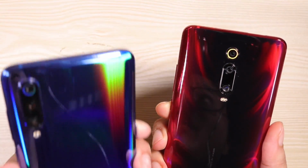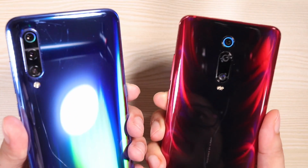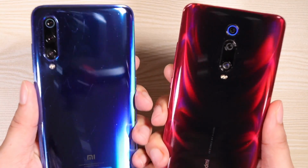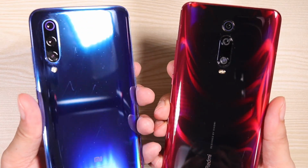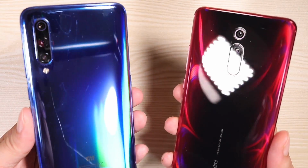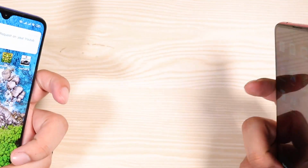Today we're going to be comparing the Xiaomi Mi 9 to the Redmi K20 Pro. Yes, flagship to flagship. The pricing on these phones are pretty close, and a lot of you guys were asking which one to buy. And in this video, we're going to compare the design, the displays, the battery, the speed,